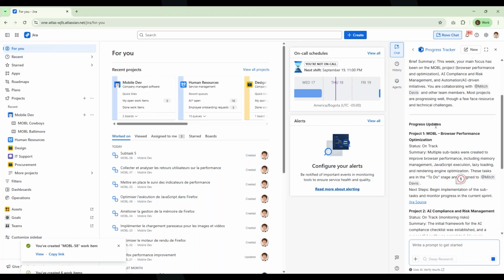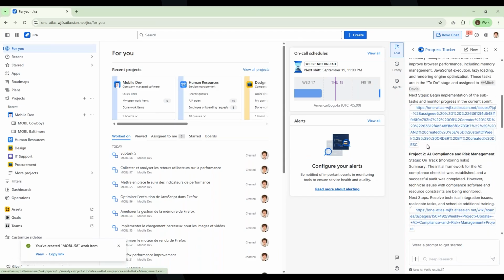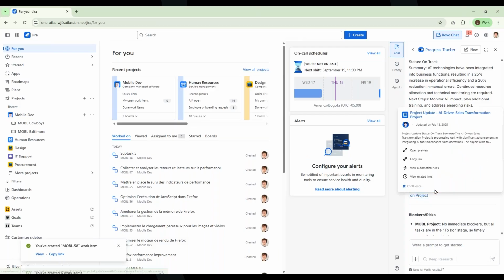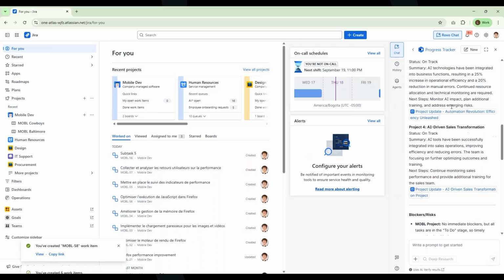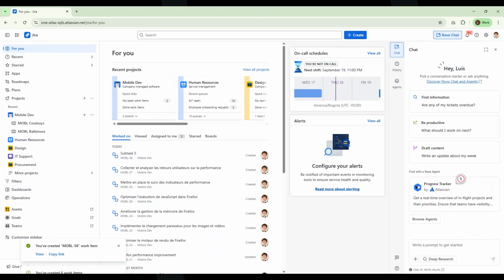Just like this, it is providing me that overview, for example, on the mobile dev project, everything that has happened on the second project, same thing on the fourth project, and it also includes a Confluence page that can be created with all that summary of the updates that have taken place in the last couple of days. So the progress tracker agent, super useful. We also have